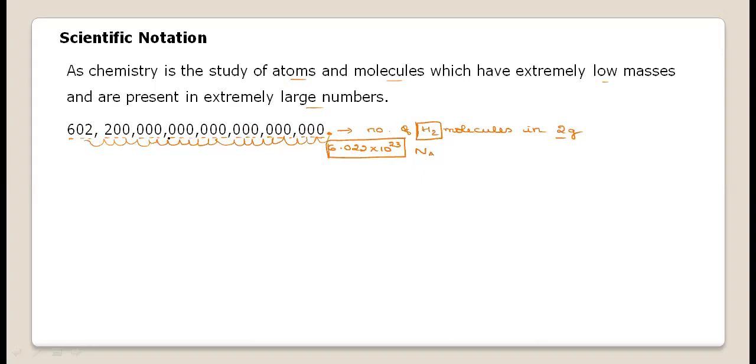So whether it is a huge value or 0.0000 like that, a very small value, to represent that we depend on exponential notation form. Scientific notation is represented as an exponential notation form, where all the numbers are represented in the form of N into 10 to the power of n. So this kind of representation is called scientific notation.